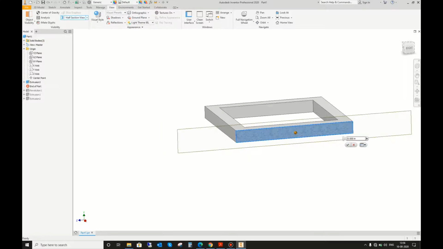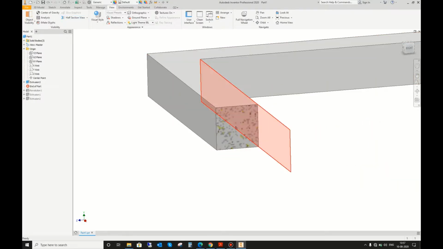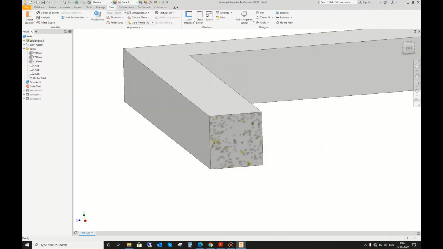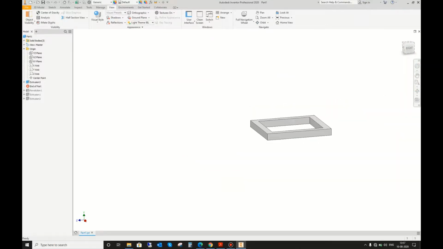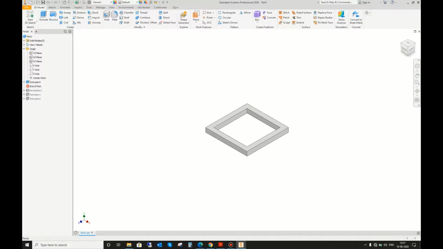If you see the cross section of this part, the cross section here is a rectangle or a square, but sometimes that part will not be a simple rectangle, and maybe the profile of this cross section will vary and it will be complex to make through a simple extrusion. So in that case we will use the sweep profile. First of all we will try to make the same rectangle through sweep, and then we will use a complex profile so that we can understand why sweep is used.